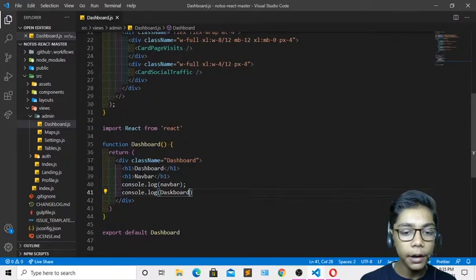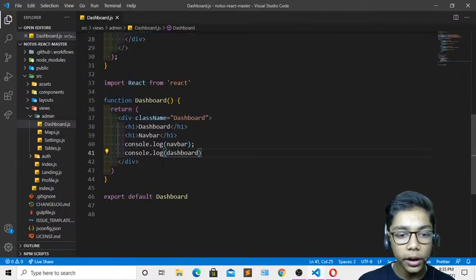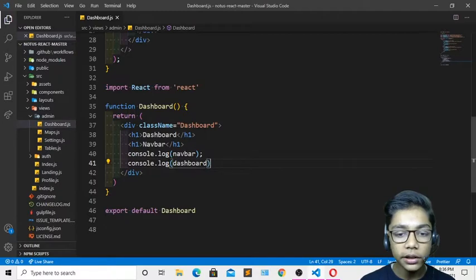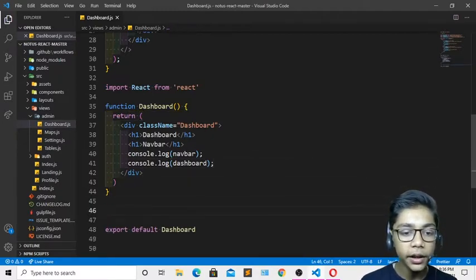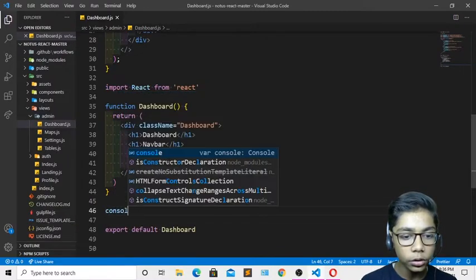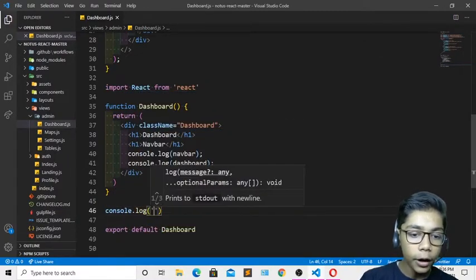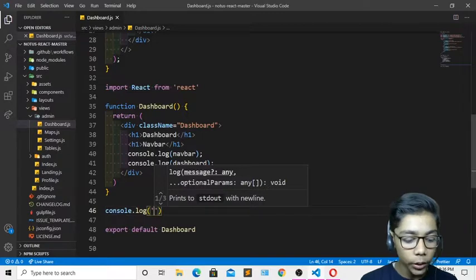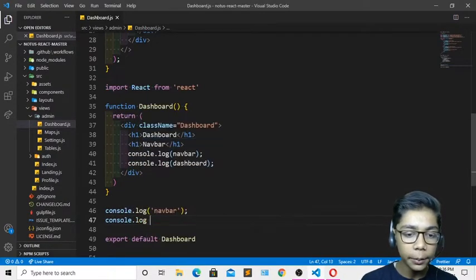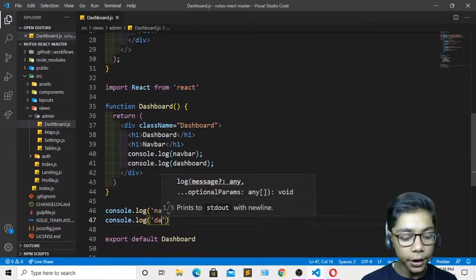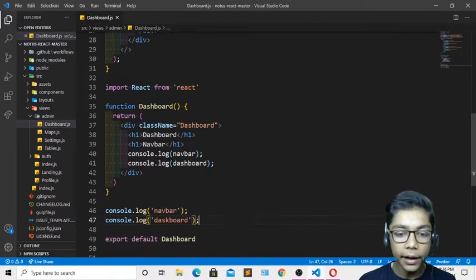So now you can see we have defined that. I'll take the correct spelling and change this to D. You can see we have done that. Now I will zoom in so you can see it. Now when you've done all these things, I will close that again. Then I will come underneath and create another console.log now. After that, in these strings you have to write navbar again. We have written that, and now in these strings I will write my dashboard which we have written above. So I'll write it and close this.